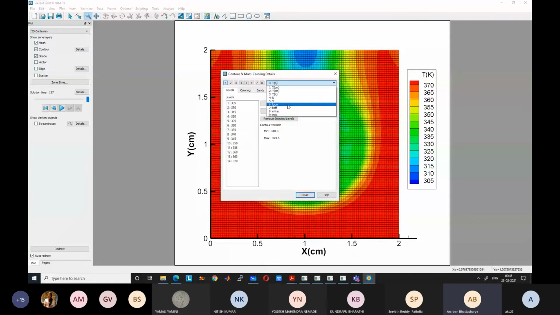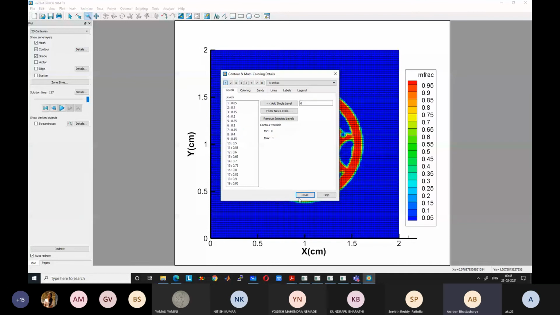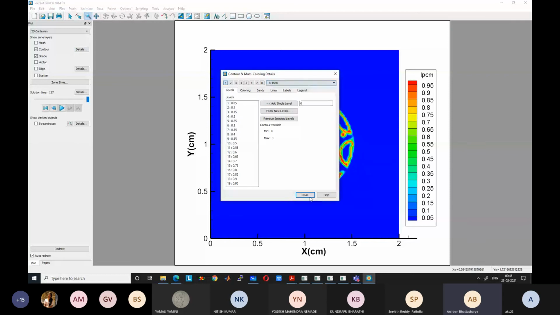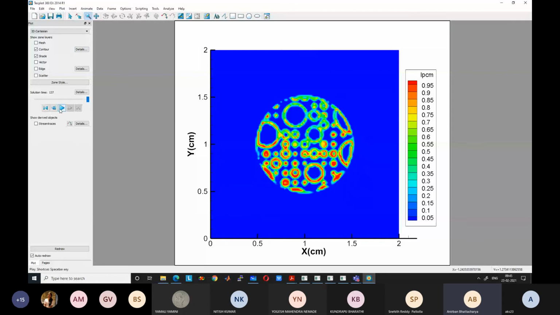Encapsulated PCM with metal foam structure, which we are solving. So some encapsulated PCM with metal foam structure is present, and inside, PCM is present, and we are solving it to find out what is the variation of energy and melting rate within the domain. And we see how the temperature changes and how the melting occurs within the domain with time, like this.